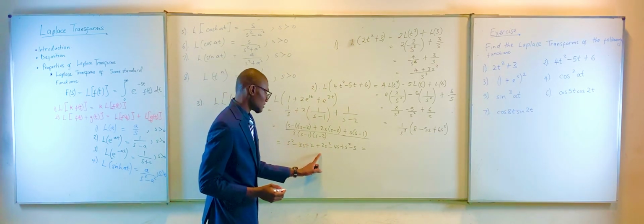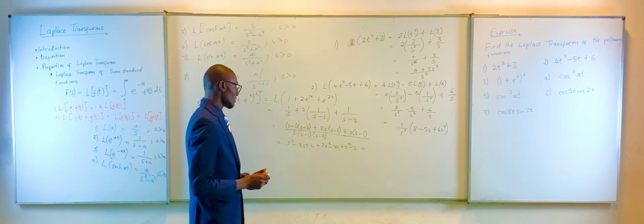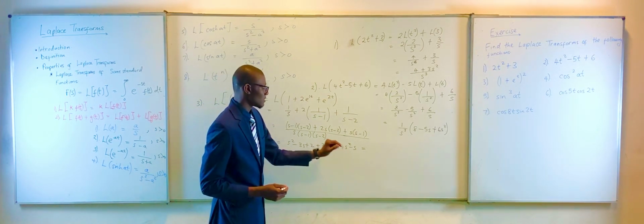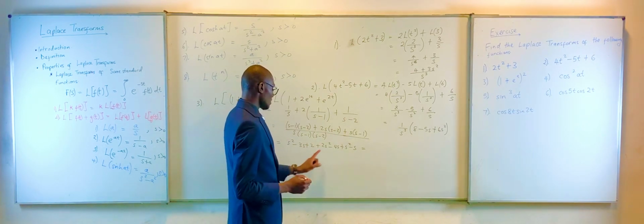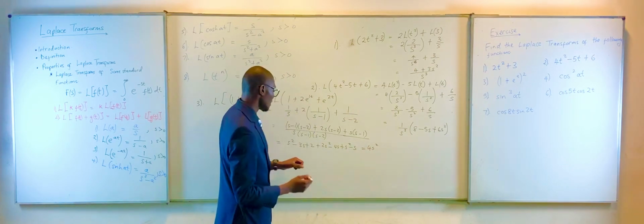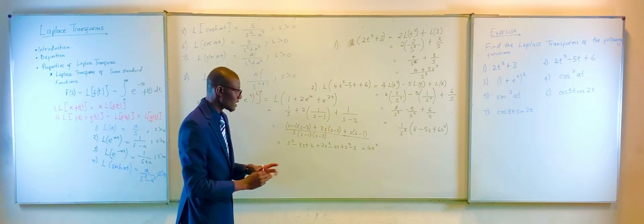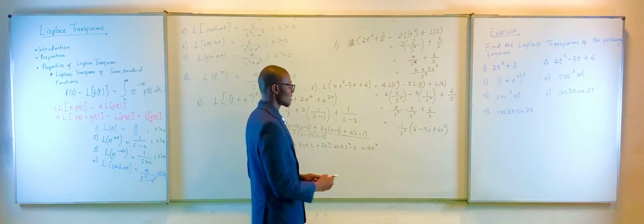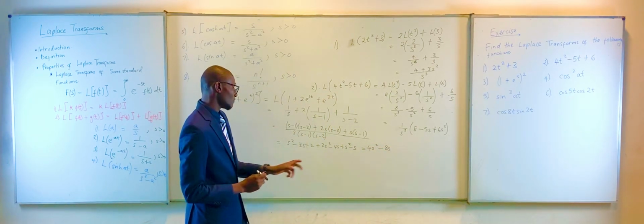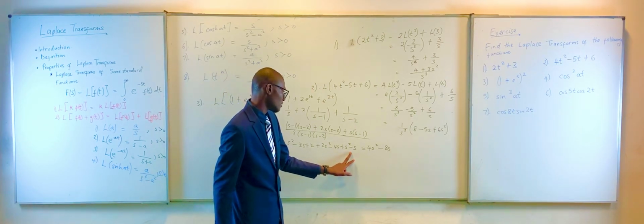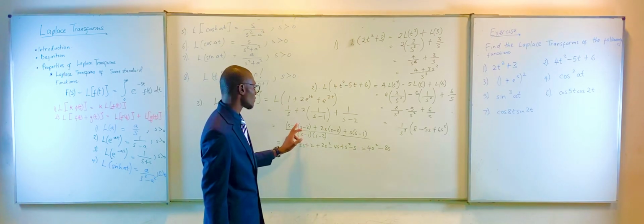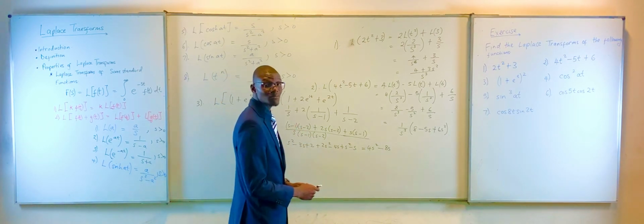s squared plus 2s squared plus s squared, that will give us 4s squared. Then minus 3s minus 4s minus s, that will give us minus 8s. Then 2 plus... is this an s? Alright. And then this is just a 2. So we've got one constant here. Okay, so that's just a plus 3